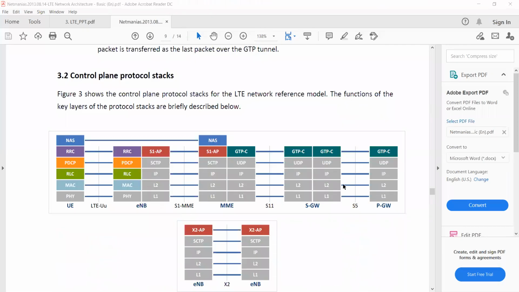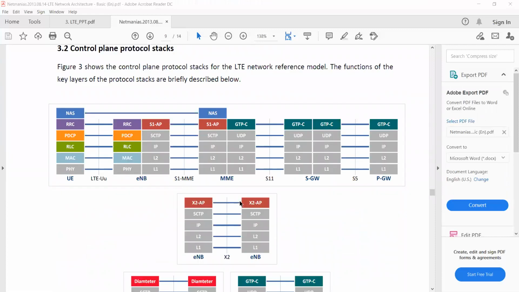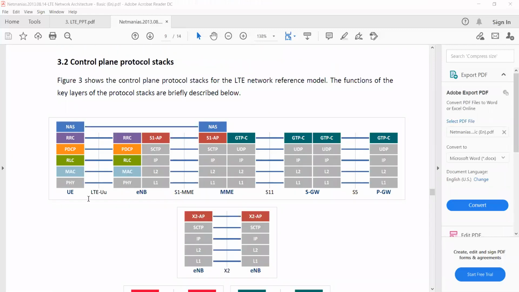And coming to control plane. Control plane also similar, but it has two more extra layers like RRC and NAS layer. So we will be going in deep depth of this RRC and NAS, what are their functionalities. So I request you to note it down again. Control plane protocol stack. So make a note of UE to eNode B first, and below down the page, eNode B to MME protocol stack.